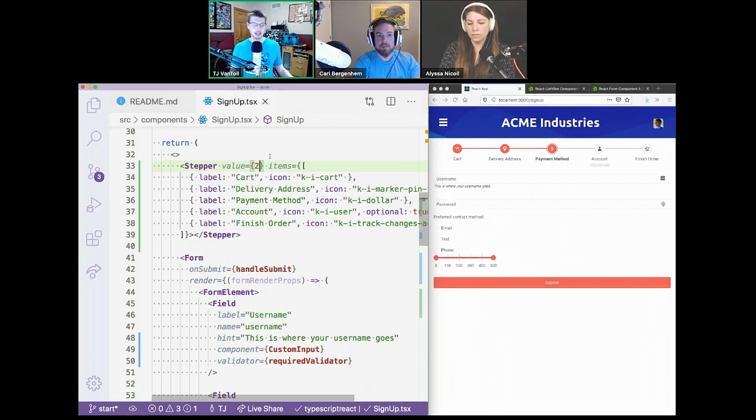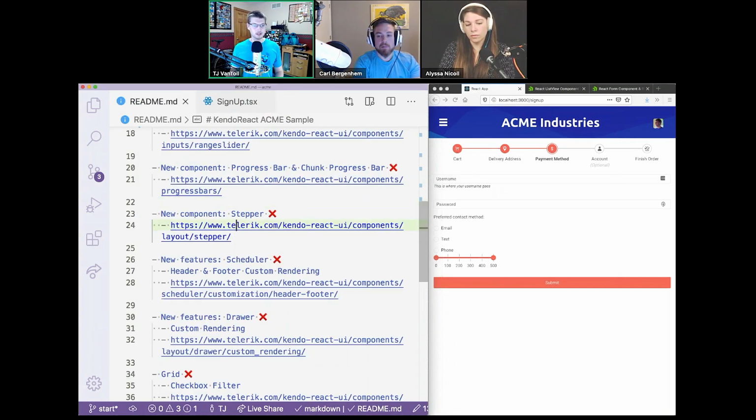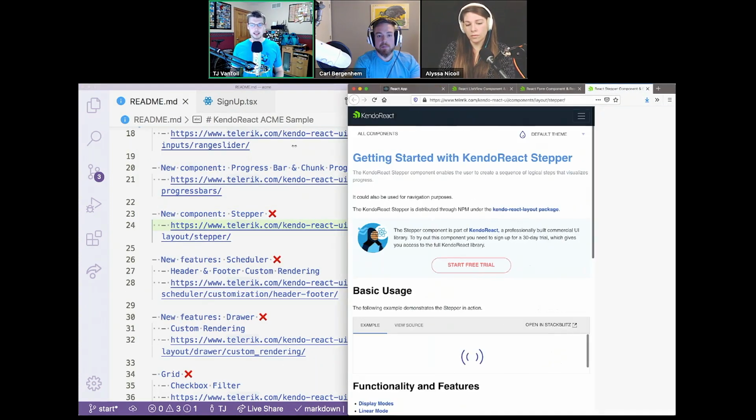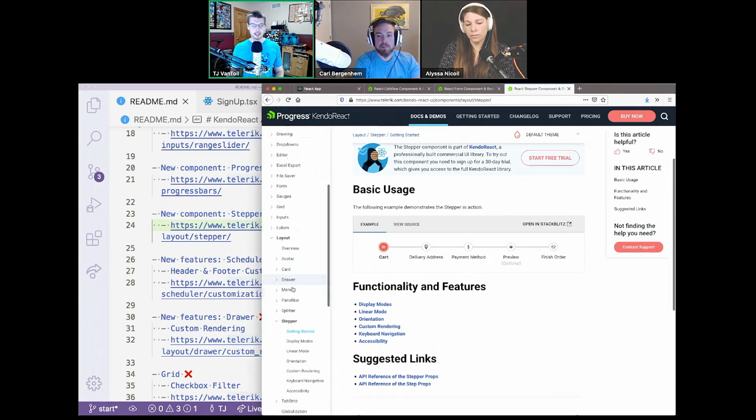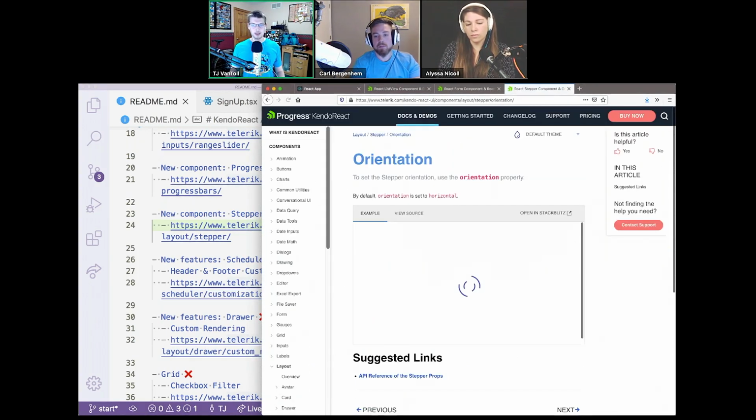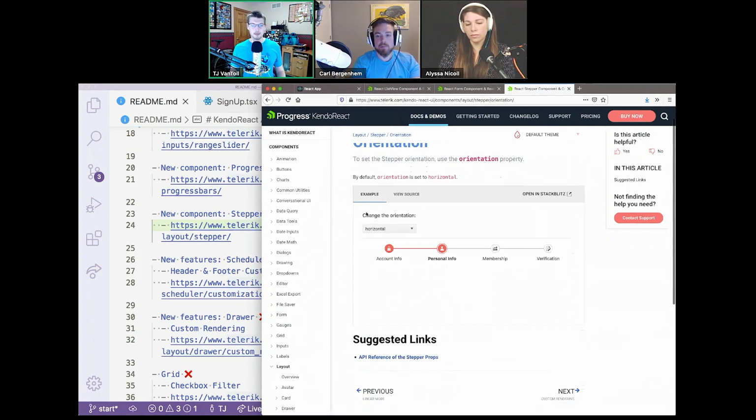So 2, 3, whatever the case might be. And you get this UI that I think is actually quite nice, and that I see more and more in modern UIs as well. Like if you do have a multi-step form process, I see these things a lot. And if I go to the docs for this, you can also show these things. So this is under layout, stepper, and I'm going to go to the orientation demo because you can also change